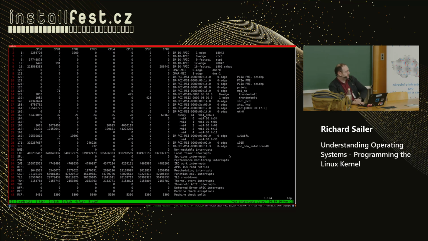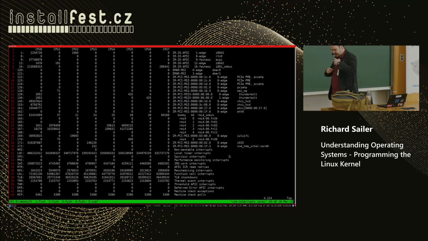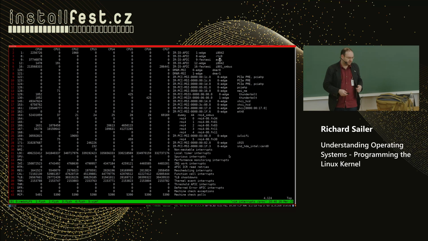But now the important question is, how does the kernel know? Like, how does it know that interrupt 8 is my RTC0, or that interrupt 128 is the Thunderbolt connector of my notebook? Because that is pretty important to know what ISR, interrupt service routine, and also what driver stuff to call to actually make my Thunderbolt connection work.